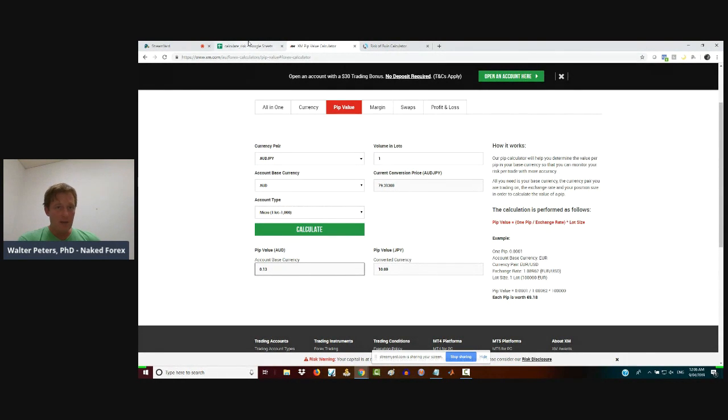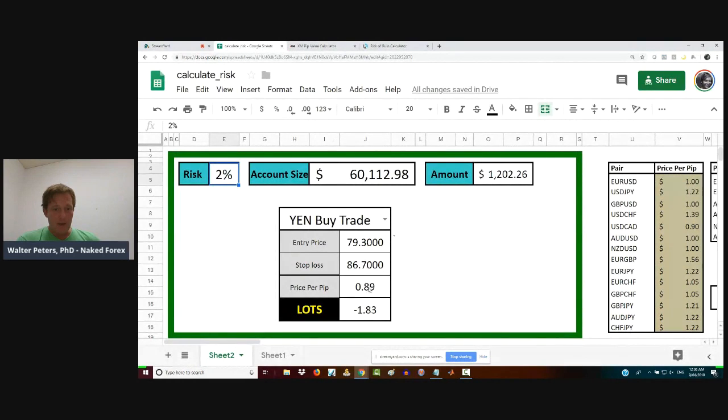So I plug that in here like so. If I'm going to buy Aussie yen, actually, let's say I'm going to sell Aussie yen at 79.30, and my stop loss, I'm going to put up there at